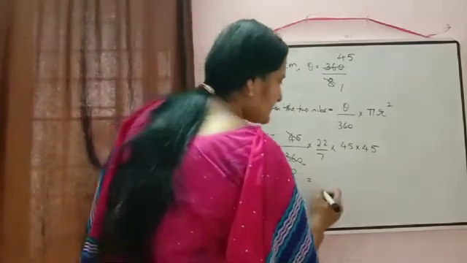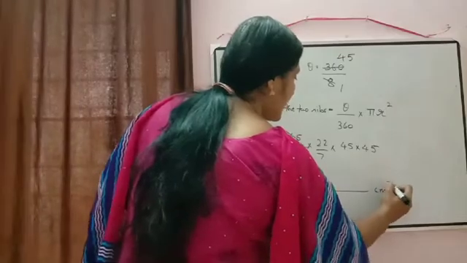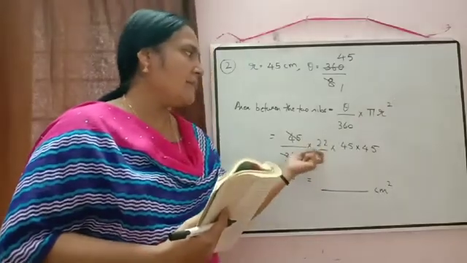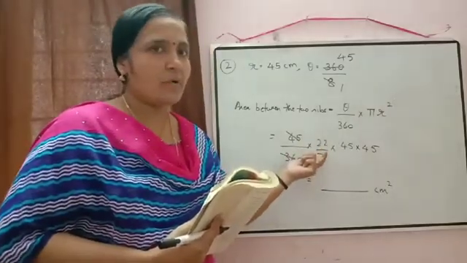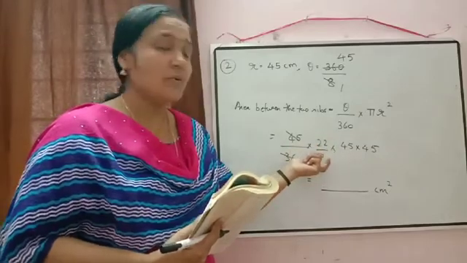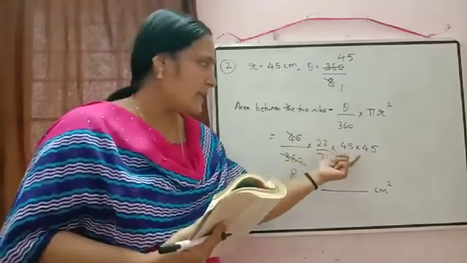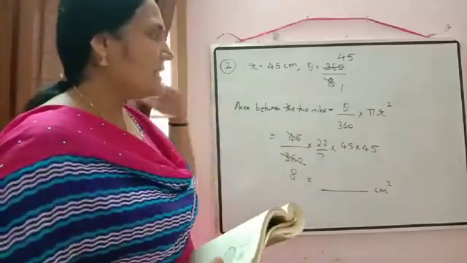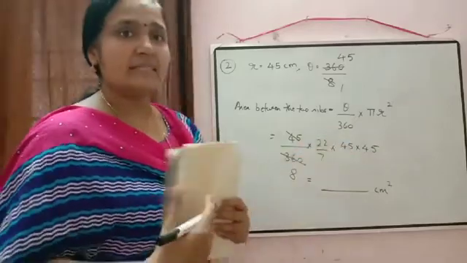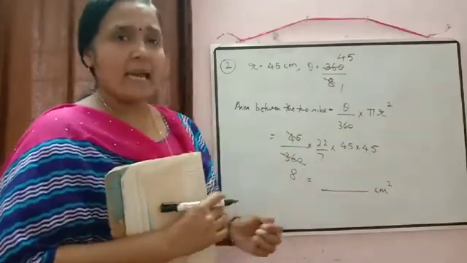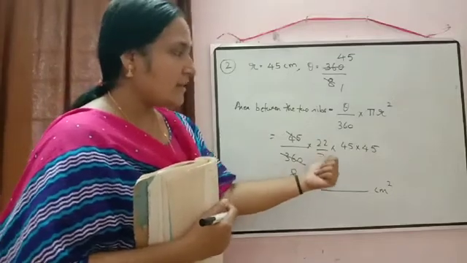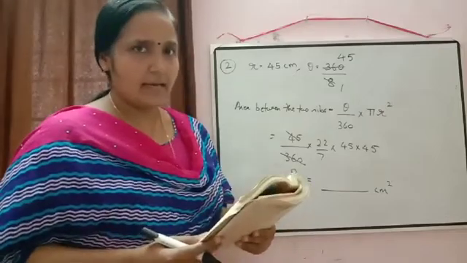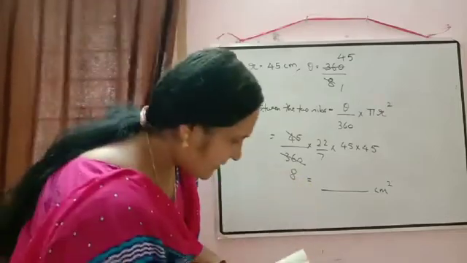So just to do the cancellation and write your answer in fraction only. Okay, not in decimal there. Decimal you can write when in place of 22 by 7 you are using 3.14. Here in place of 22 by 7 you can use 3.14 also, because at present nothing is a multiple of 7. Usually we are using 22 by 7 when radius is a multiple of 7. So that 7 will get cancelled there. So in place of 22 by 7, if you want, you can use 3.14 also. It depends on you. Clear? Okay. Now we'll check the next question.